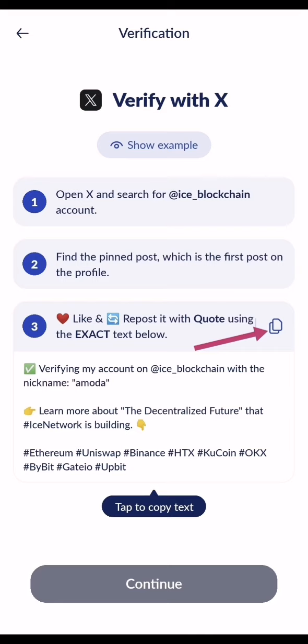and then it will explain you need to verify with your X Twitter account. Step number 1, you need to open your X Twitter account and search for ICE blockchain account. Number 2, you need to find the pin post, which is the first post on the profile of ICE blockchain